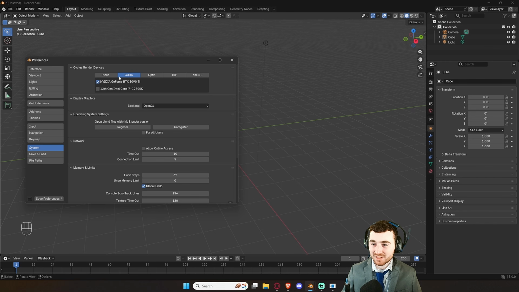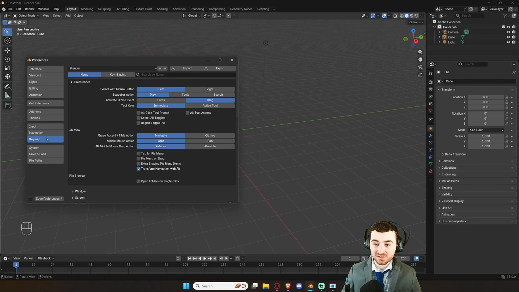So even though there's this option, I'd recommend having CUDA as well as just your GPU selected. OptiX also works fine too. If you want to do more research into that, you're welcome to, but this is just what I'm recommending for the tutorial. So the other thing that we need to do is we need to go to our keymap,